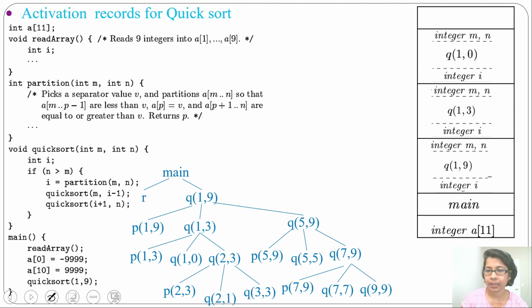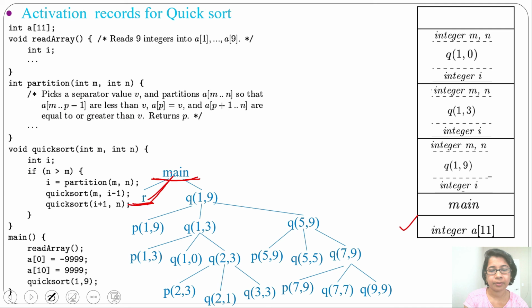Now you can see this control stack contains all the active activation records. Integer a[11] is active, main is active, quicksort(1,9) is active, quicksort(1,3) is active, quicksort(1,0) is active. The sequence in which we push activation records onto the control stack is the same as the pre-order traversal, meaning root, left, right. First we push the main activation record, then we push the readarray activation record.